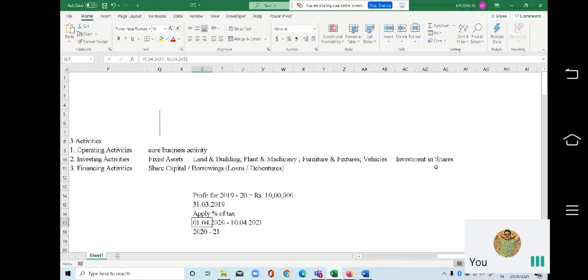Can you understand? In the year 1920, I earned some amount, 10 lakhs as an example. I'm calling it profit, and I would have derived this value on this particular date, 31/3/2019. When I apply the tax percentage as per the government norms, I'll get some value which I have to remit to the government as income tax, and after that I'll do the payment.